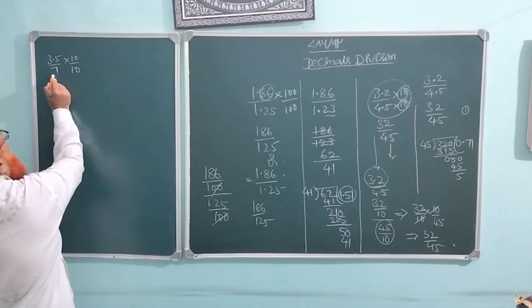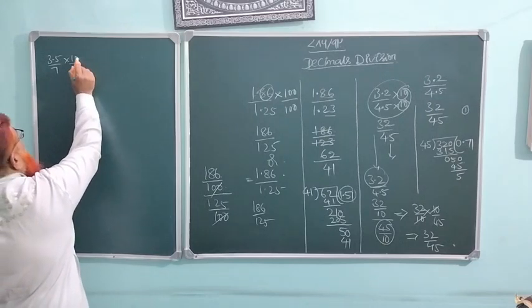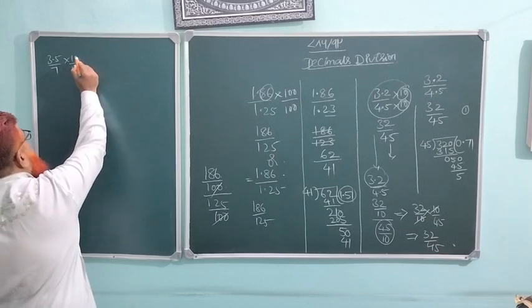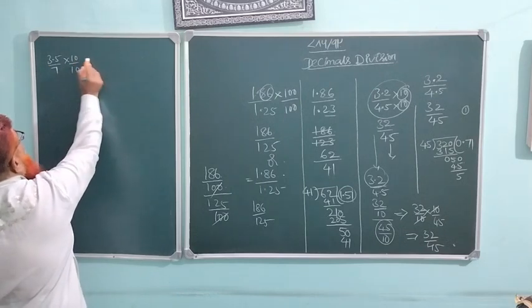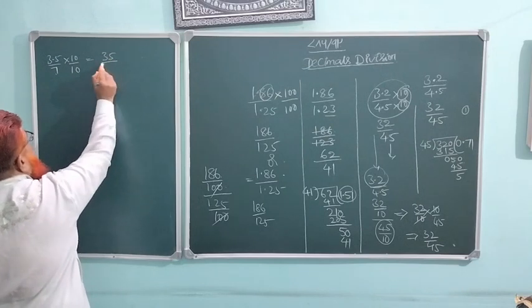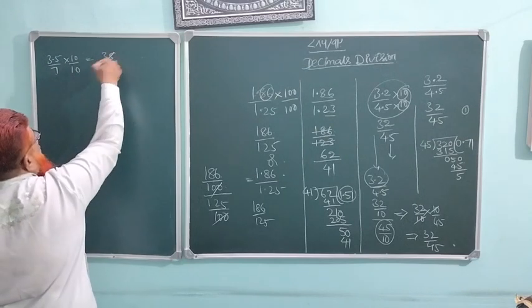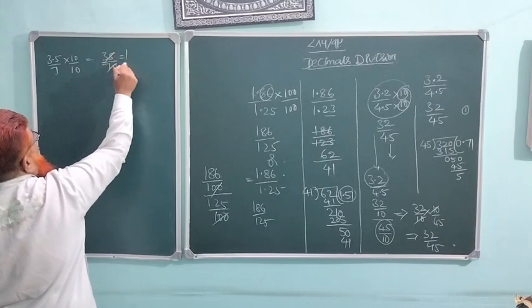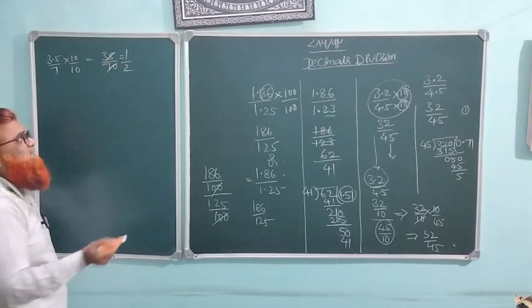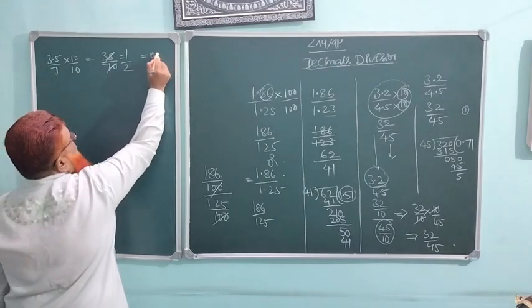Here it is 3.5 by 7 and I multiply the upper part and the lower part, the numerator and denominator, which gives 35 by 70. Then 35 ones are 35, 35 twos are 70. 1 by 2 is nothing but